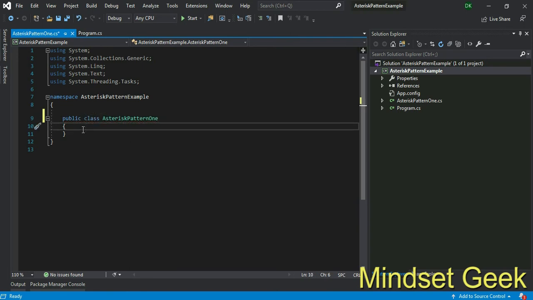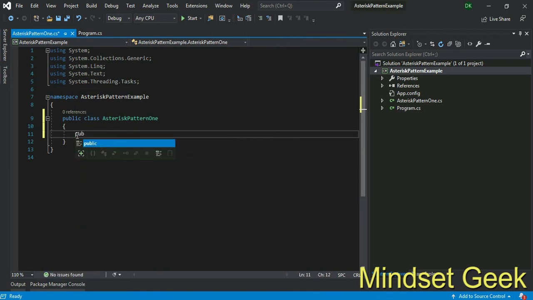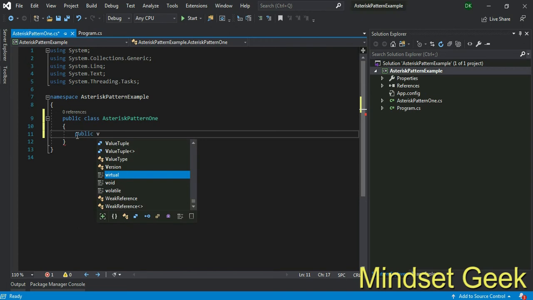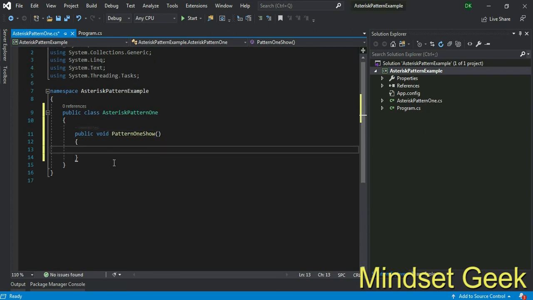Now I first add a method, public void Pattern1Show method. This is right.